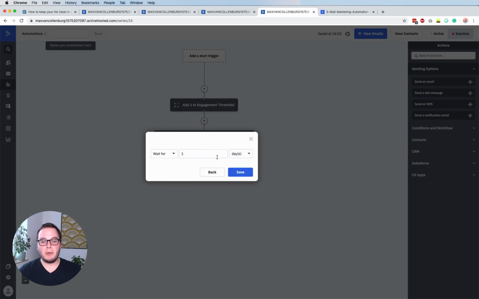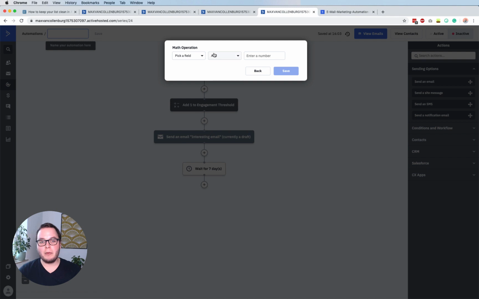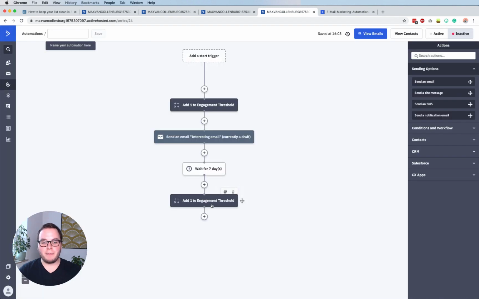So if you, for example, are going to send another email a week later, then again, you perform the math, you do engagement threshold plus 1, and then you send your email. And you have to do this in all your automations. Every email you send, before you send it, increase the engagement threshold by 1, because only then this method will work. So every time we send an email, we increase that custom field by 1. Now, we'll call this example of sending